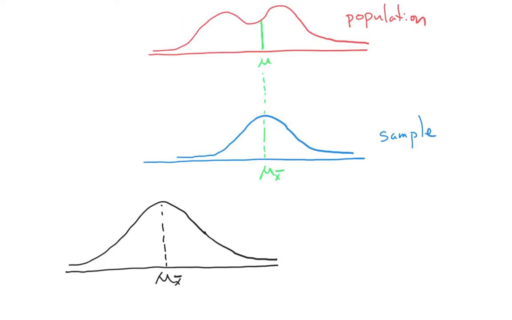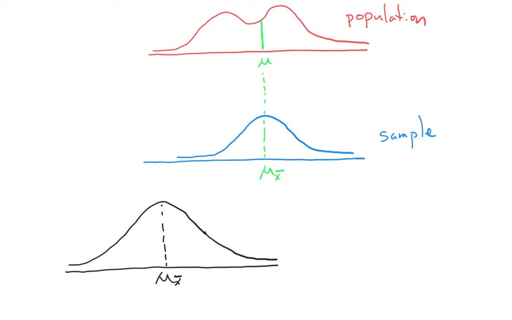Okay, let's say we have this population distribution here. It's kind of wonky looking. It doesn't really matter. Usually this is unknown. We might have an idea of the shape, but we don't know what the mean of this distribution is. So what we do is we use the power of something like the central limit theorem to come up with a sampling distribution. We don't know the location of this because we don't know the mean. Remember, the mean of the sampling distribution and the mean of the population distribution are the same.